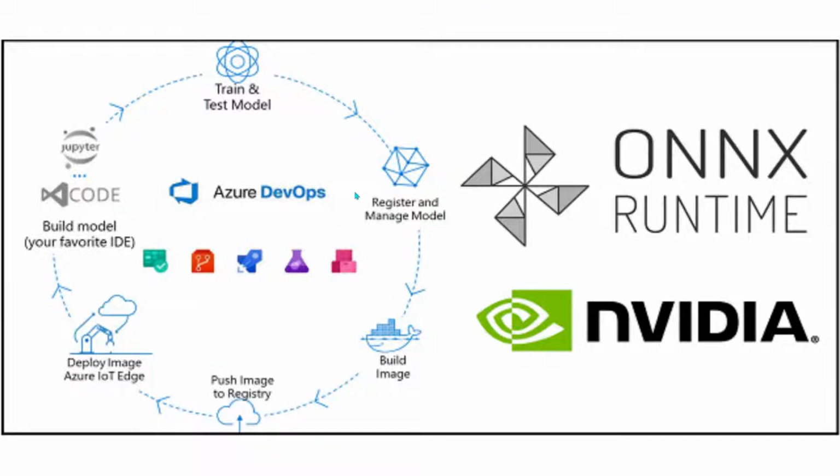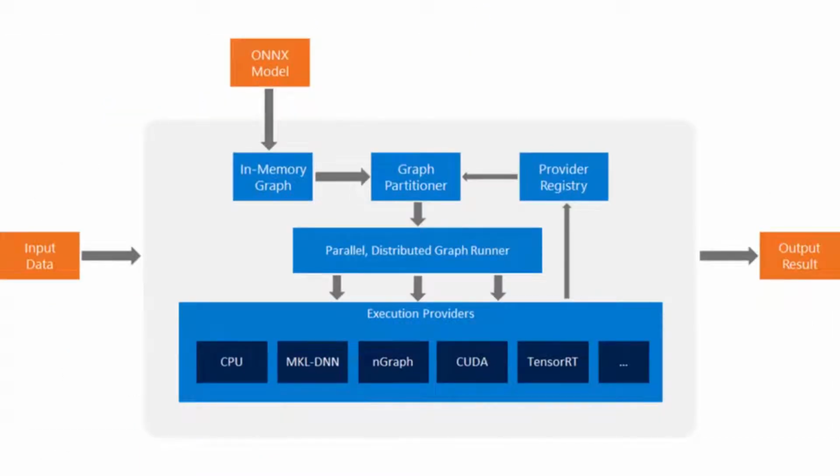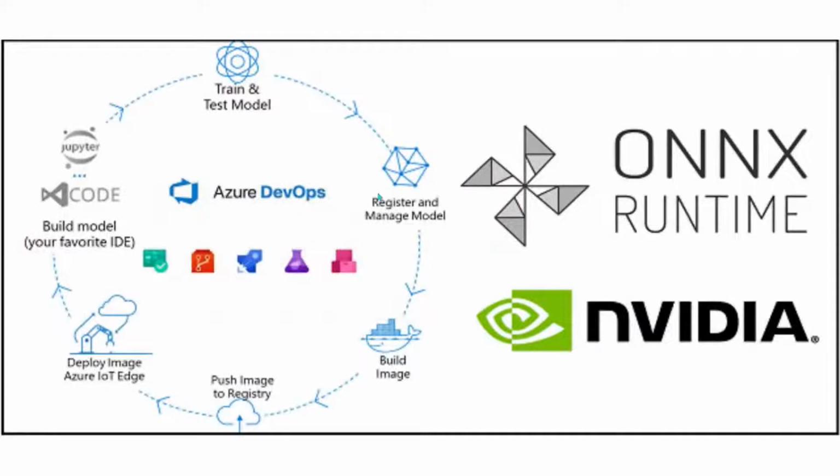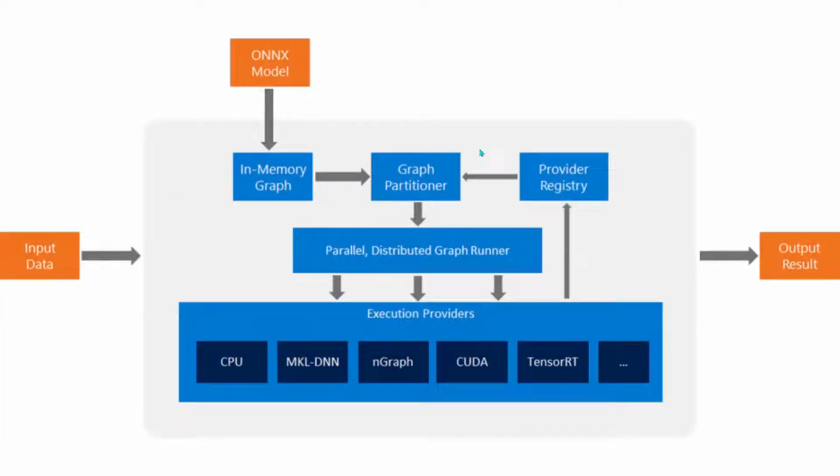So Azure DevOps is one of the solutions for that. It's a simple approach. Parallel distributed graph runners will always be there. With respect to an industry perspective, there is always a way in which you can input the data, output the data out, and there is always a model which keeps running. And this is just a hardware way of saying it.